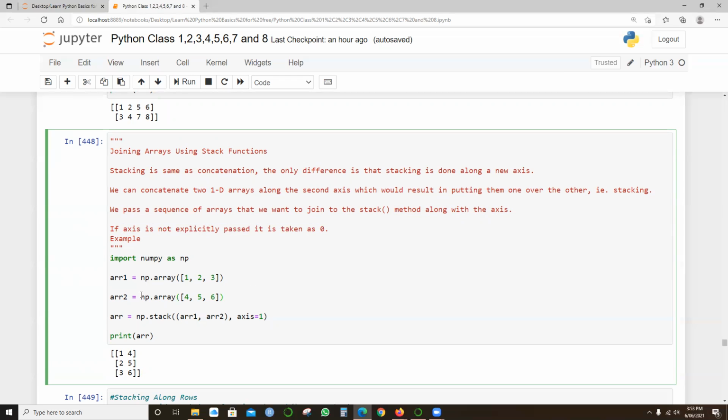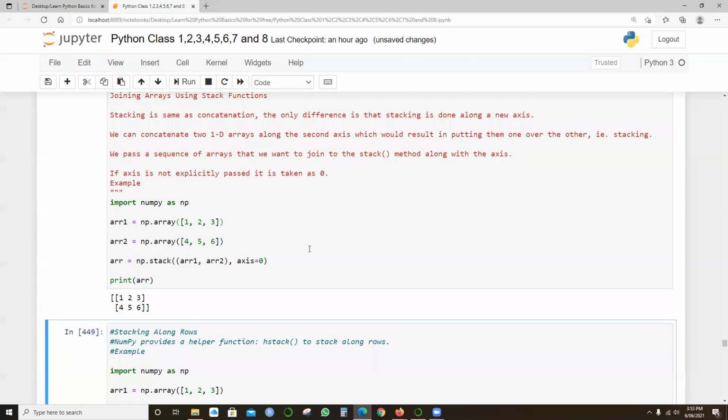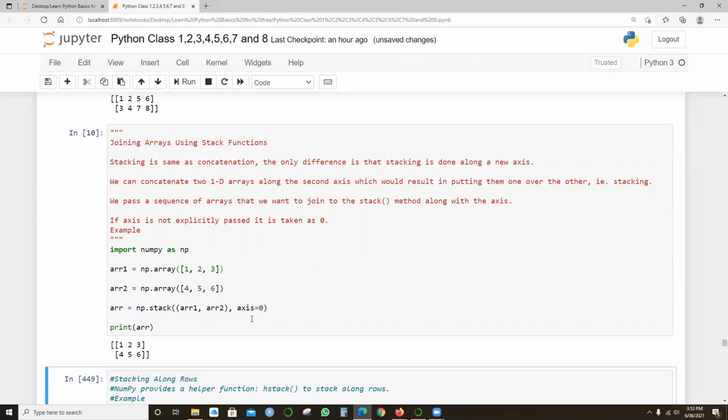So here we have array 1 equals np.array of 1 2 3 and array 2 equals np.array of 4 5 6. We give array 1 comma array 2, with axis 1. First let's see what will happen with axis 0. Let's run this. Look at this. When I said axis equals 0, it prints as it is, 1 2 3 and 4 5 6.